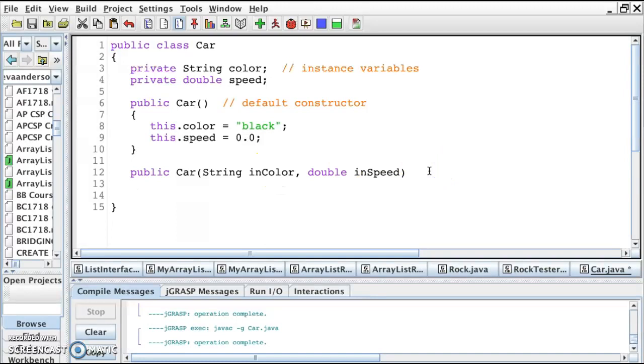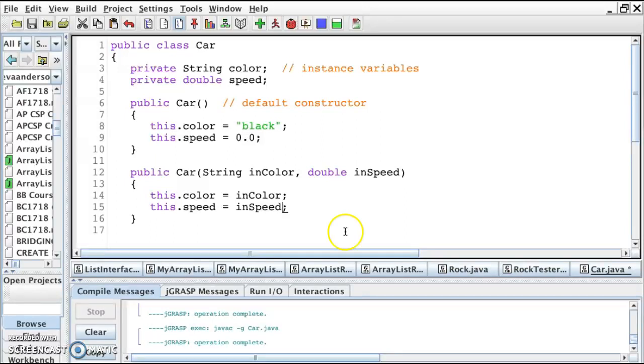And so again we have an open brace and a closed brace. And it's actually going to be the same as this guy. But rather than setting the color of the car to black, I'm going to set it to some other color that the person who created the object decided. And so,